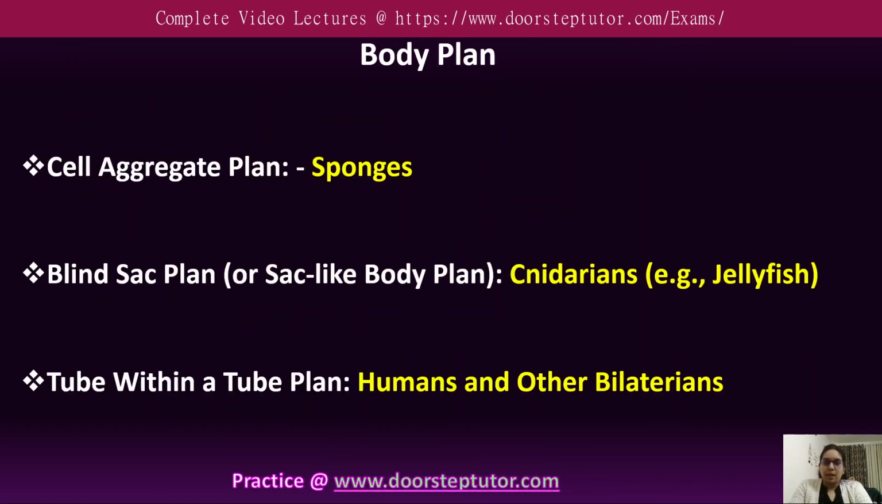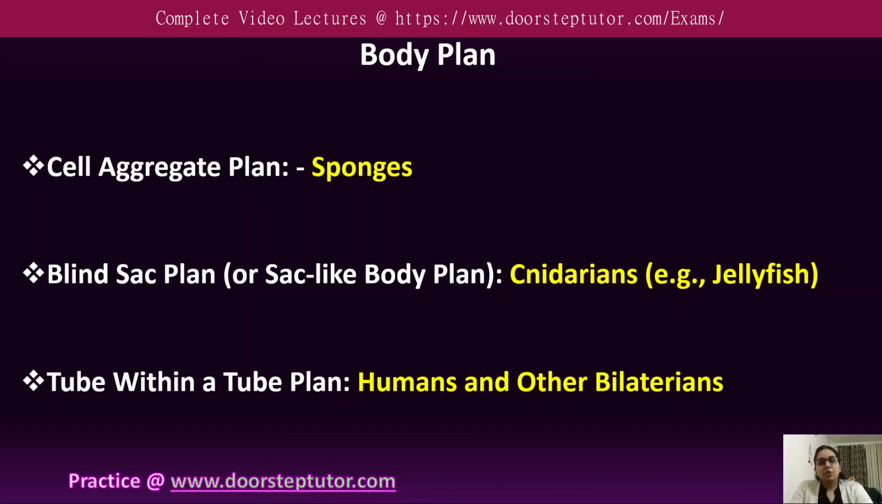Next is the body plan. On the basis of the body plan, the organisms are classified into different phyla. So the body plan basically comprises specific